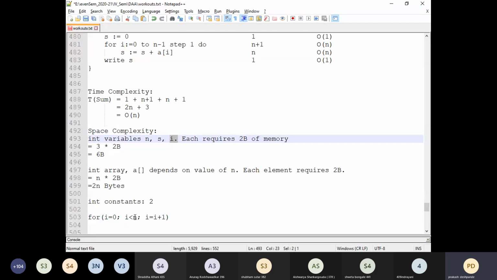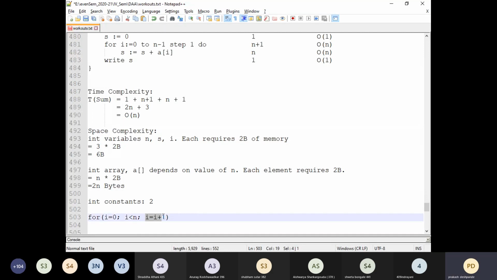The right hand side is again just n, also a variable already considered as part of the space complexity. So we can rule out any constants in this relational operation.